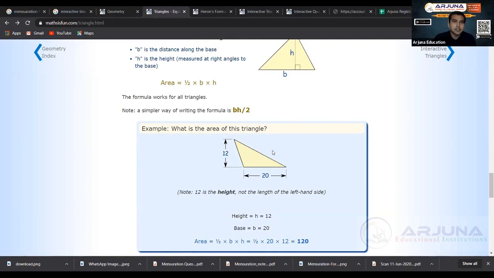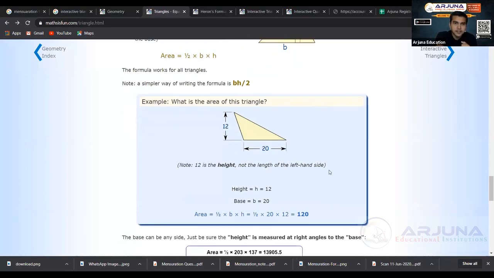Okay, so height is 12. How do we measure this height? This height 12 is nothing but the length of the perpendicular line from the vertex. Okay, you can just listen to me again. So what is the height or altitude of a triangle? You should have a perpendicular line to the base. So here what is the base? Here 20 is written, that is the base. And the height, like altitude, is from that base 20, you should have a perpendicular line passing through the opposite vertex. Passing through the opposite vertex. That is nothing but height, right?